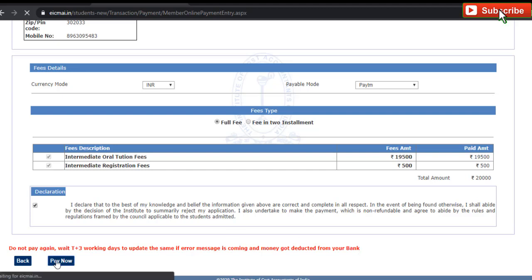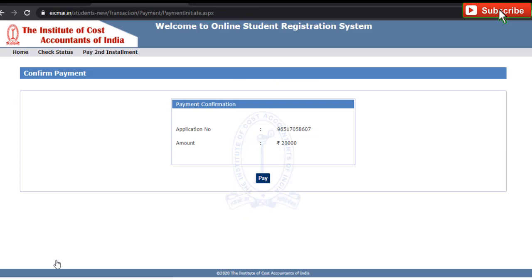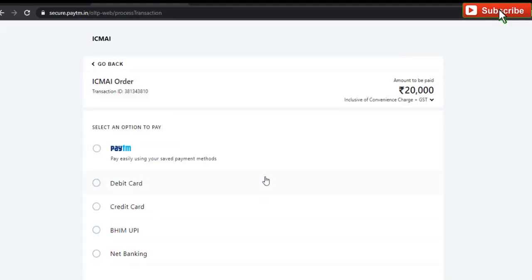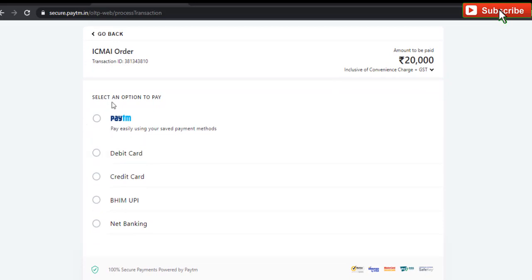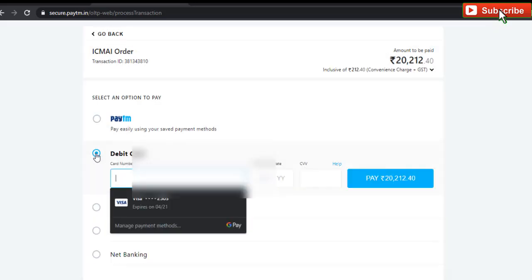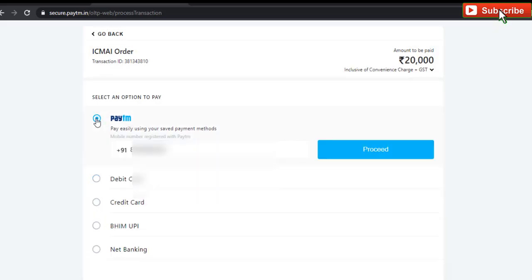When we click on Pay Now, we will get your application number and amount. And now I am going to click on Pay. When I click on Pay, there are many options from where I can pay: Paytm, debit card. If I select debit card, I have to fill in the debit card details.